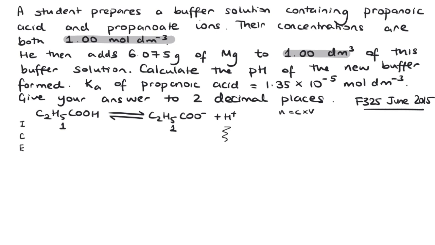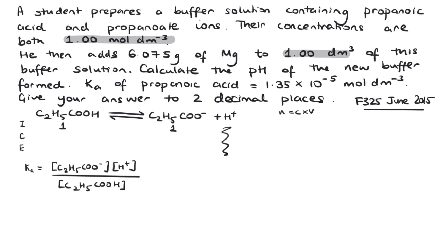Remember that for this particular reaction, Ka is equal to the concentration of the products over the concentration of the acid itself. So we will use that very soon, but first we have to work out what is the concentration present at the equilibrium. Remember, I'm talking in terms of moles over here. All right, so now there is something else happening as well, which is the reaction between magnesium and the